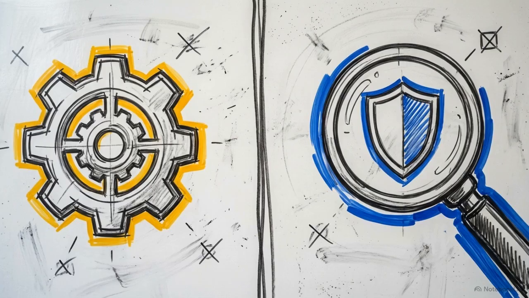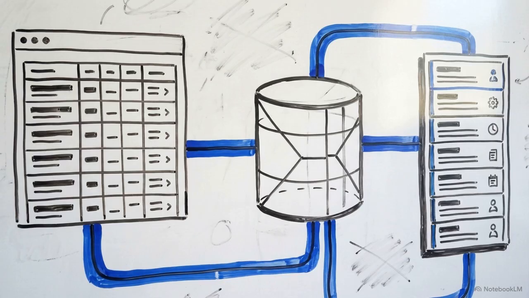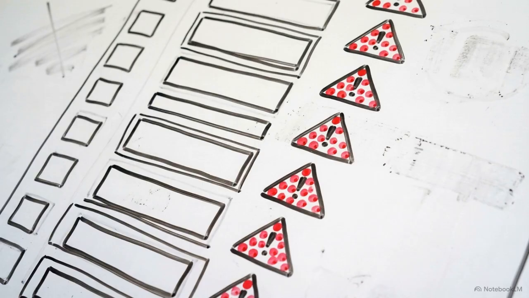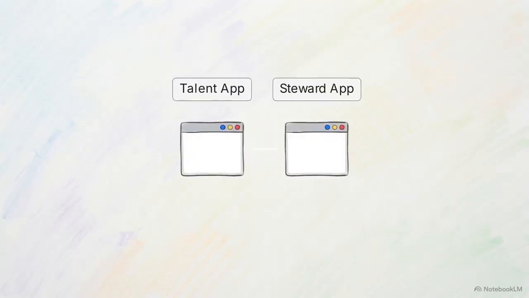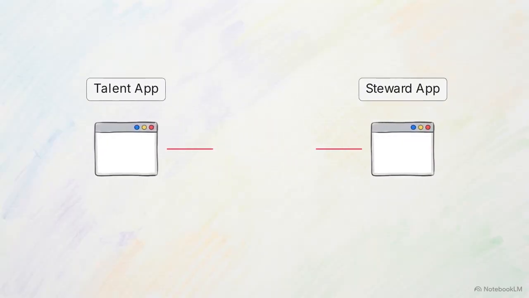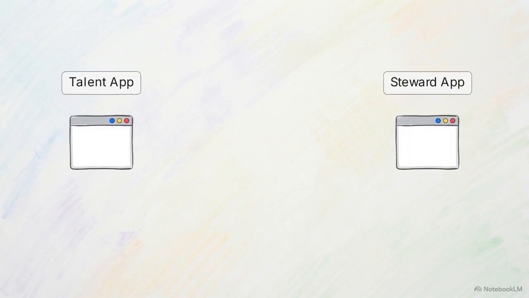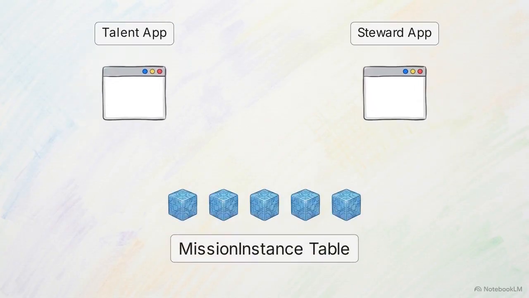Layers 3 and 4 manage the capability hub and the oversight console. Skilled workers manage their capability data through a portfolio-driven talent interface, focusing on skills and innovations. Meanwhile, stewards use a queue-driven oversight interface to manage the mission queue and safety flags. Without precise instructions, an AI is likely to build these as siloed, disconnected applications. To prevent siloing, the prompt forces the AI to use a shared mission instance table. Both dashboards are simply different views of the exact same data row.